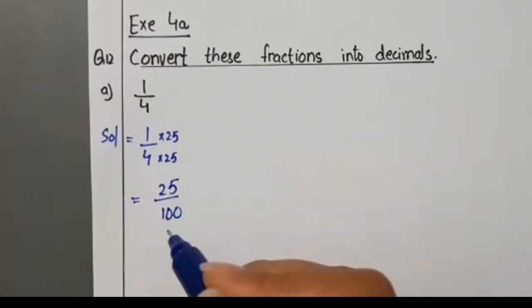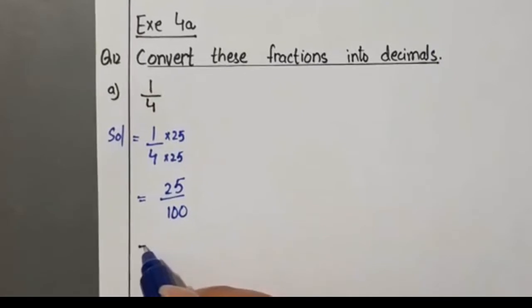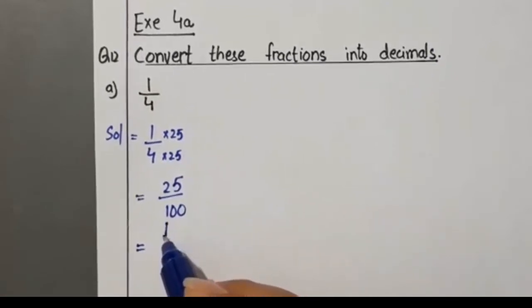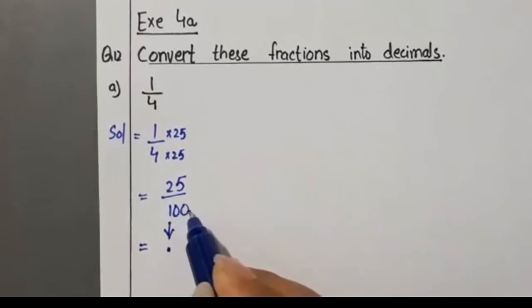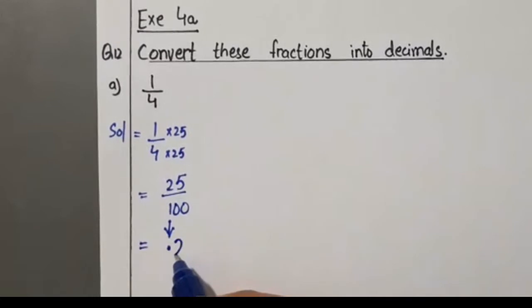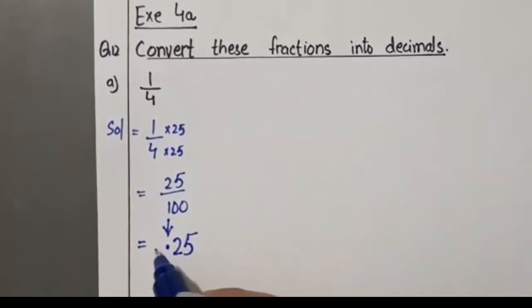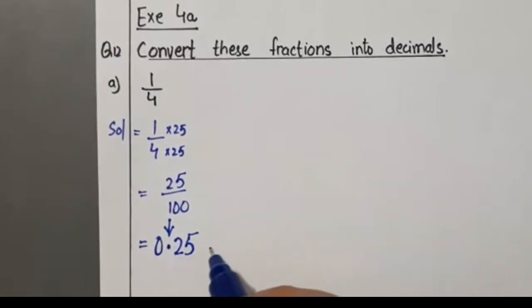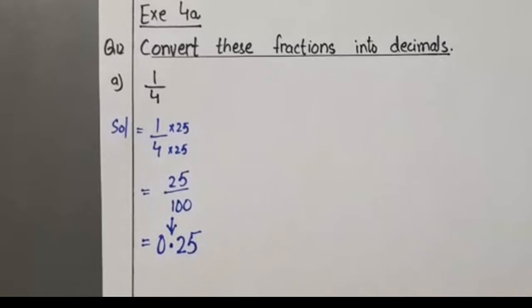Now you can see it is a decimal fraction. But we have to convert it into the decimal. So you know 1 will turn into the decimal point as it has 2 zeros and there are 2 digits. So I can write this 2 and 5 in place of the zeros, but it is not looking good, so I am writing 0.25. That is our answer. Okay, now we will do part B.